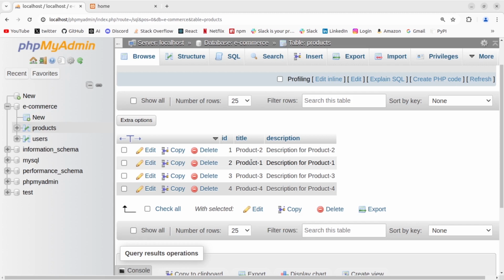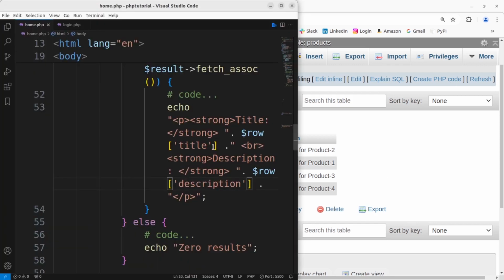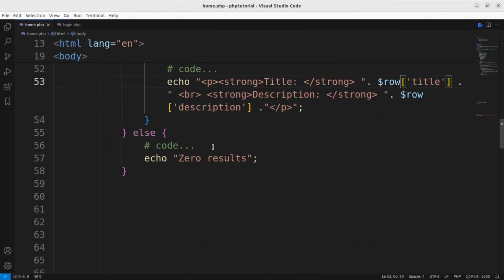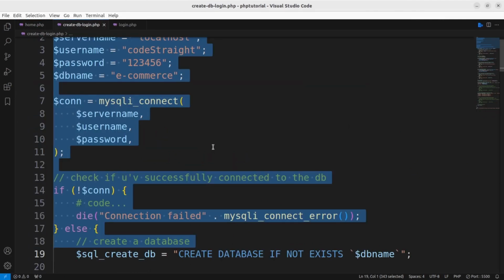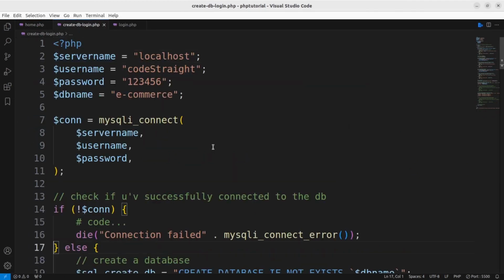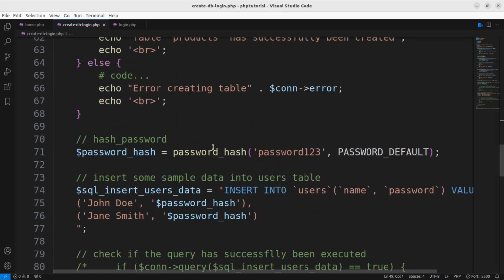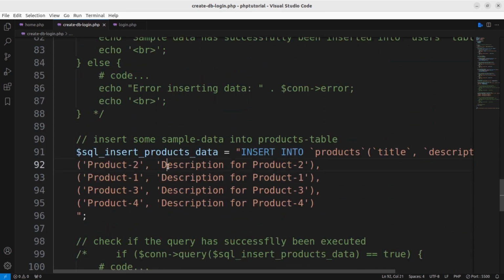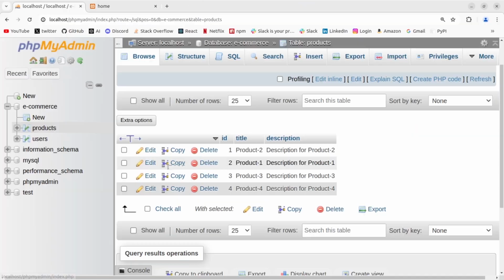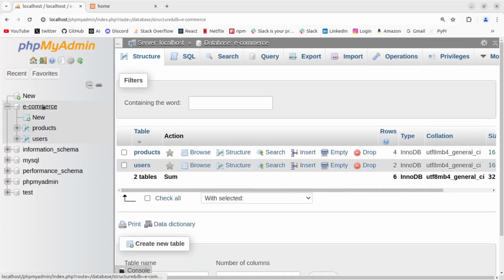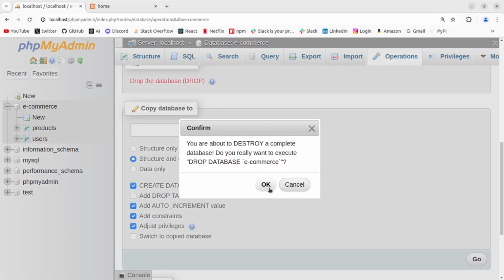This is because I think when we were, let's get back in here, I'm gonna maximize the editor and let's open create DB login. And here let's go to, say, products, where we inserted the sample data for products. Alright, so this is the reason that's making it. Hit save, and now let's get back to phpMyAdmin, and I'm gonna delete this database for now. Let's drop that database